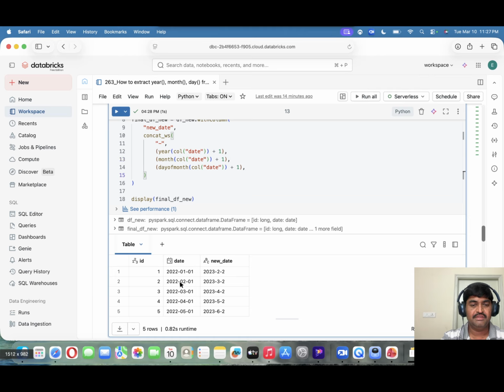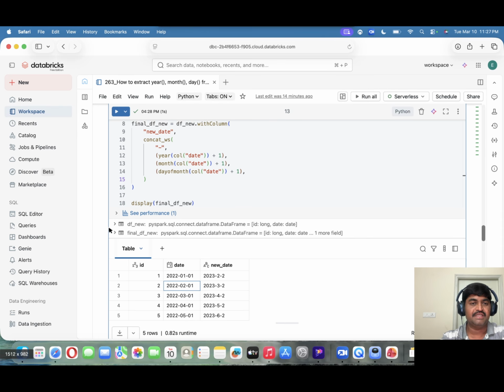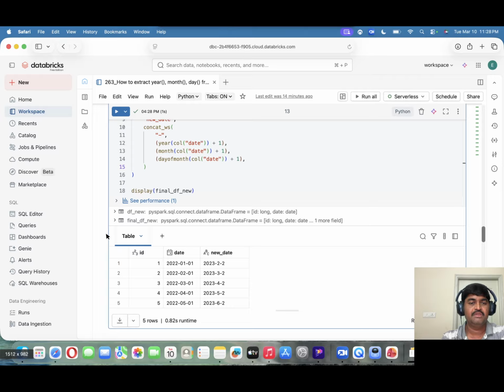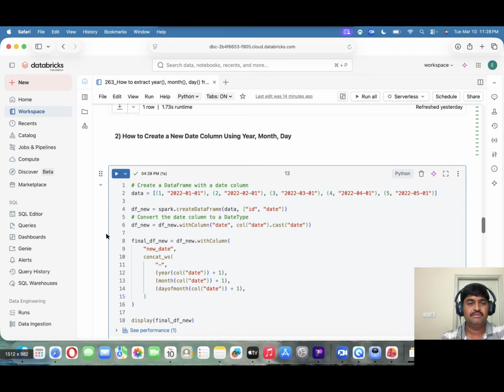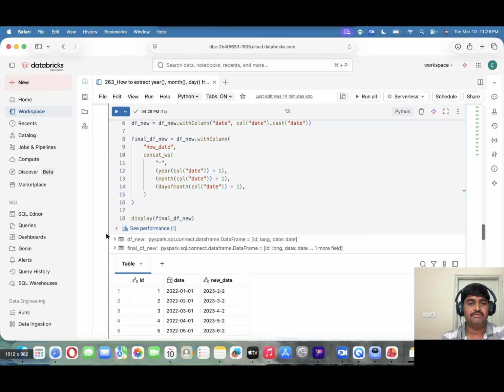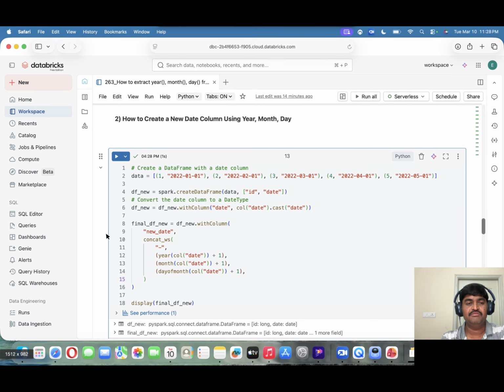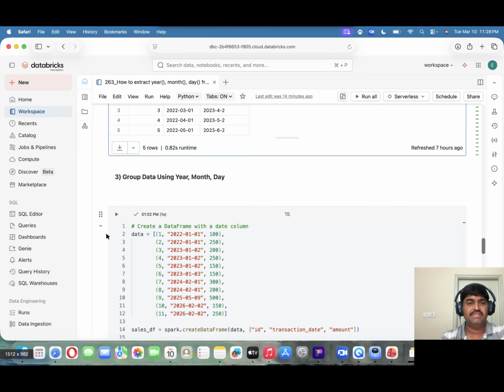And in a similar way it will generate for all the remaining records. But since it is concat underscore ws, we will get the data type as string. So this is one of the methods we can use to create a new column with date values. Next scenario is